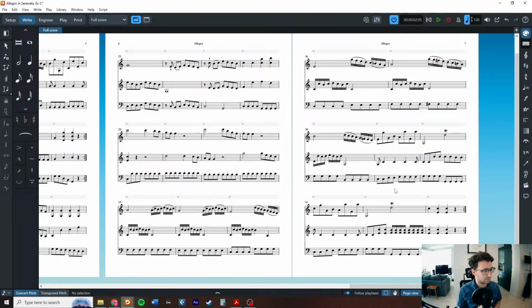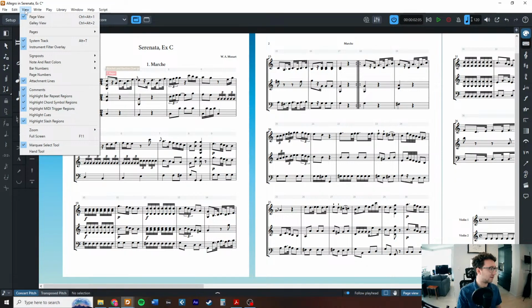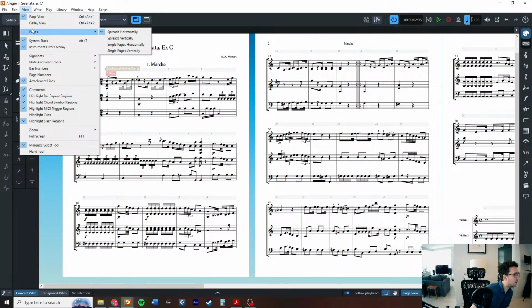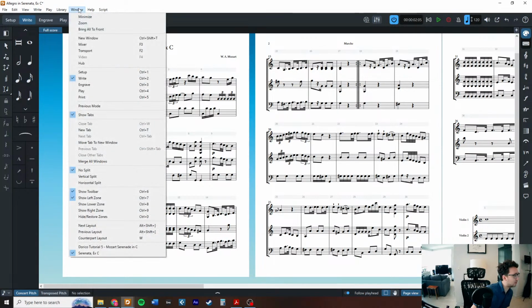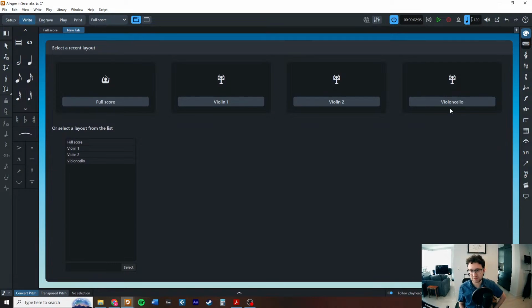So parts are linked in Dorico. That's a question that I get asked a lot actually. Like, are they linked like they are in Finale? And they sure are. It's these tabs. That's one way to see them. You can always see them through the view. Oh yeah. So you can also do it through various layouts in the windows, or you can just do it through the tab. So when you click that tiny plus button, which is so easy to miss,